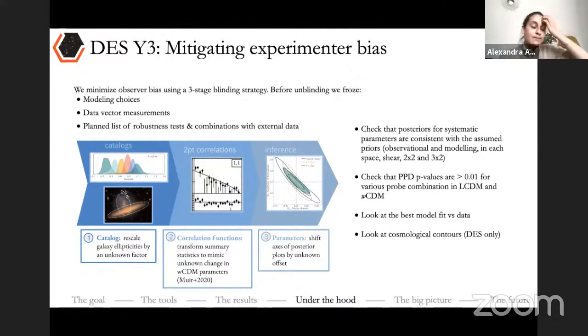And then we just shift our parameters in posterior space. So we never actually saw the result. And this was really rigorous. Up until unblinding day, we never looked at,